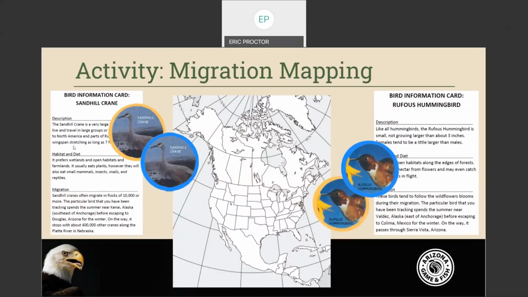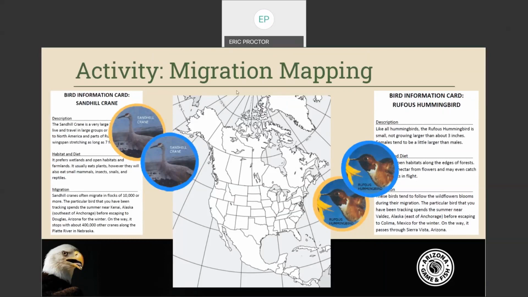The kids are given a descriptive card, and then they're given these tokens. The yellow token they place on the map at the summering home of the sandhill crane, and the blue one they place at the wintering home of the sandhill crane. Once they do that, they can chart the course. What's the most likely course that these animals are going to follow, understanding that most birds don't fly over large bodies of water, so they stick to land as much as possible. It's not always true, but in general they tend to fly over land. So looking at the topography of the area, what is their route going to look like? And they can compare that to other birds.